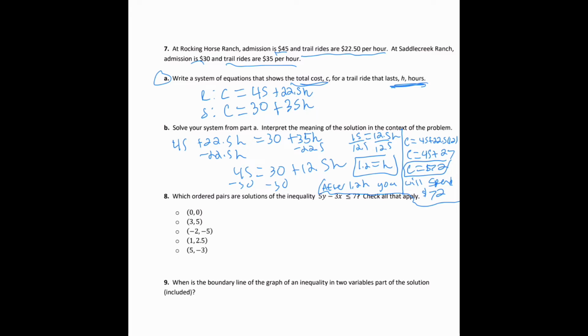Okay, the next one, we are trying to figure out if these ordered pairs are solutions to the inequality right here. We are not given a graph, so graphing would be really difficult. We would have to move everything to slope-intercept form, and then we would have to divide by 5 and end up with a bunch of fractions. So what we could do instead, when you're not given a graph, is just plug in numbers and see if they make sense. It does take some time, but for example, for the first one, I would plug in 0,